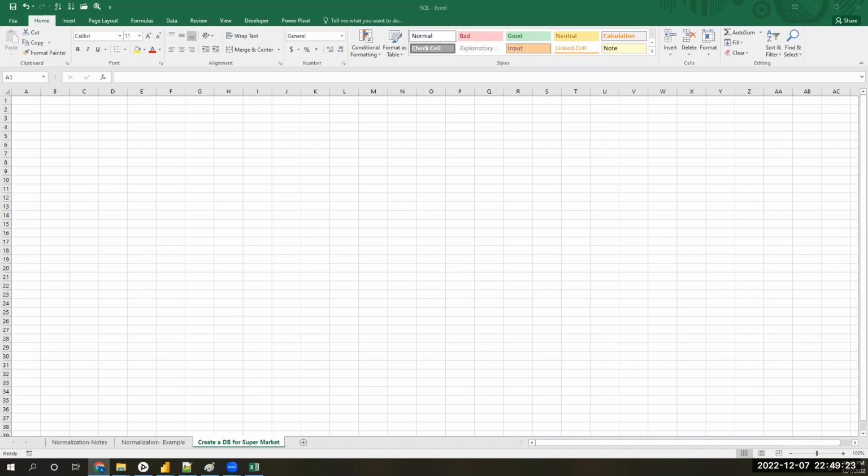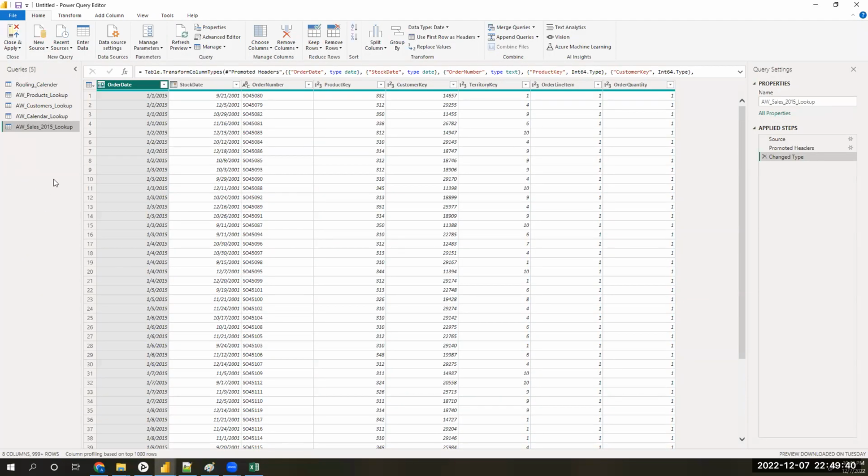After performing all this modeling, in a single table we will get all this data. So we are taking one file, the customer's file, and we are doing some modeling on that. Are you able to see my screen? Yes. How many queries are there? 1, 2, 3, 4, 5.